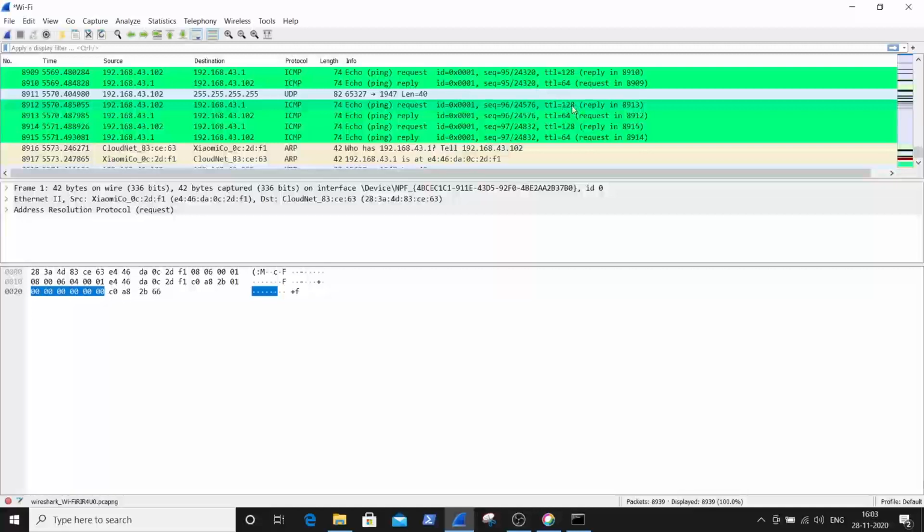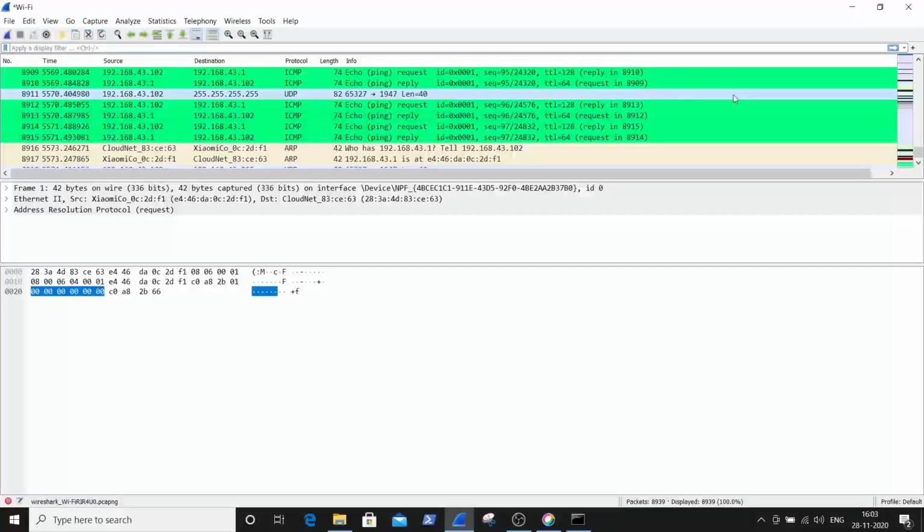This indicates that the operating system is Windows, while a TTL value of about 64 is a Linux operating system. I got the reply from a Linux operating system, and I sent the request with TTL equal to 128, that is a Windows operating system, which is my computer.